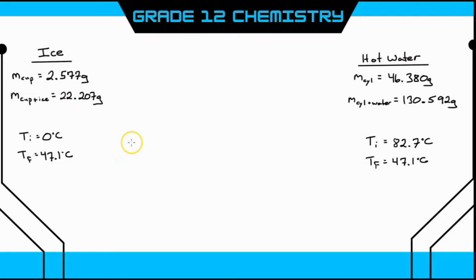All right, now that all of our measurements are done, let me show you how to do the calculations. So here are the results from our experiment, and now we're going to try to calculate what that molar heat of fusion is for water. So first, the masses. Now, we never actually got the mass of the ice, but we got the cup and the ice and the mass of the cup. So if we subtract these two values, then we will figure out what the actual mass of that ice is. Well, take the larger number and subtract the smaller number. Right, so we get 22.207 minus 2.577, and we get 19.63 grams. Now we're going to do the same for the hot water. We're going to subtract these two values. Again, take the mass of the cylinder and the water and then subtract the mass of the cylinder. Okay, and then we'll end up with just the mass of that water. And we get